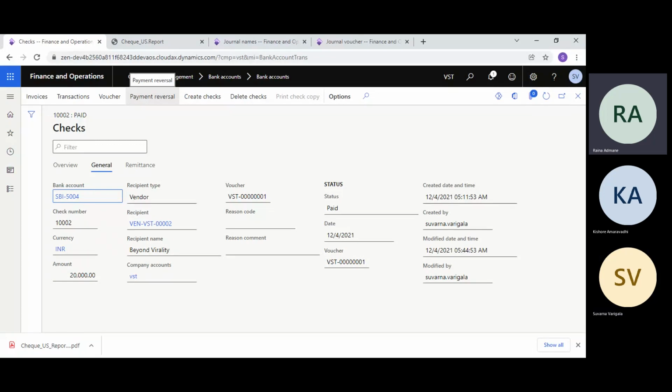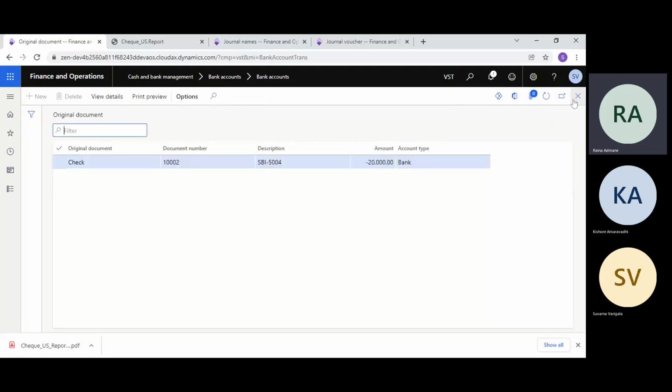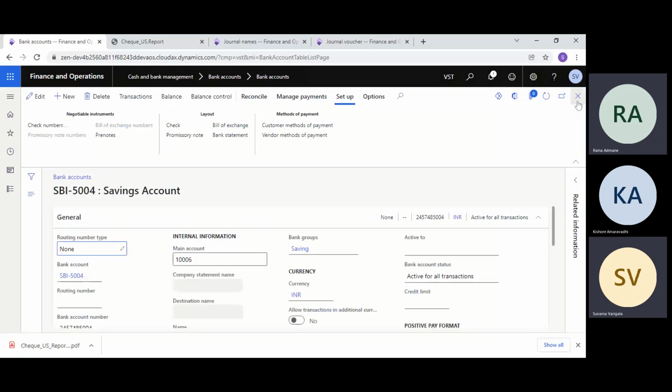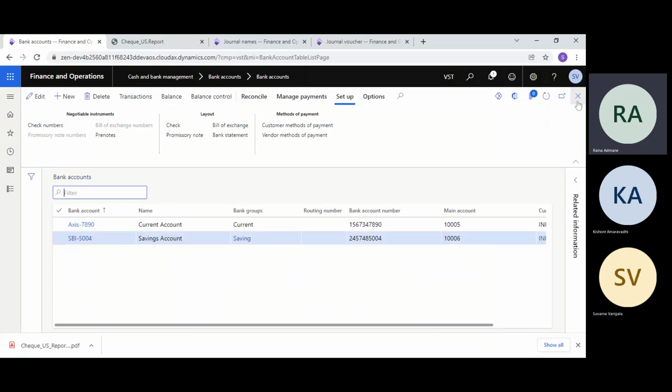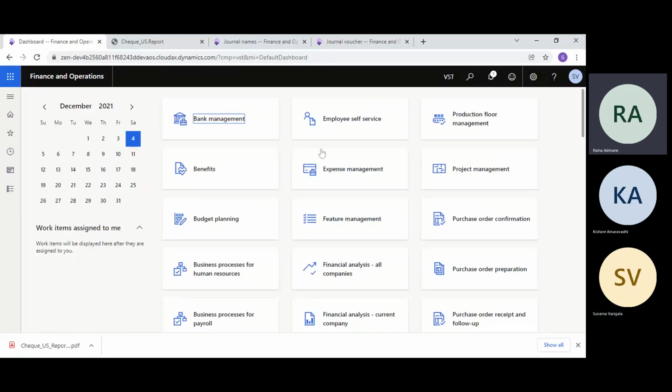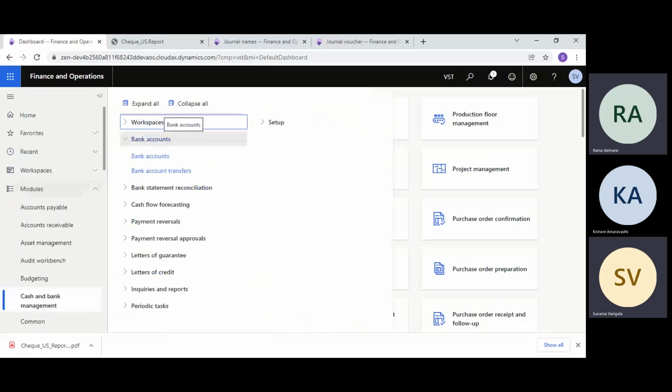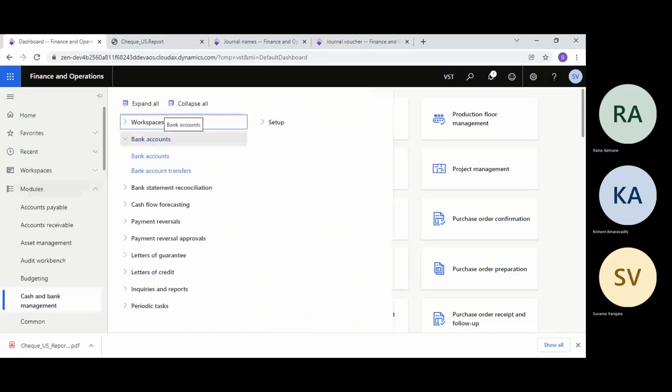Okay, because this may be required when your statement comes and you will find that this payment is actually dishonored. So then you already posted that payment, so you need to reverse that payment, so that the system will open that invoice which is settled and it will be again due for the payment. You will also see that transaction.